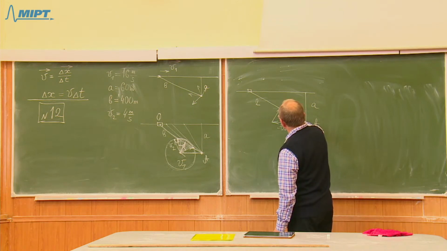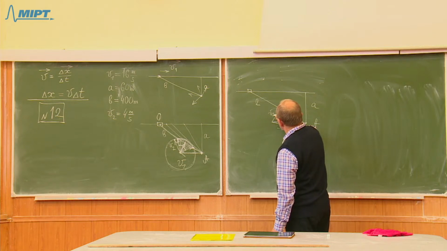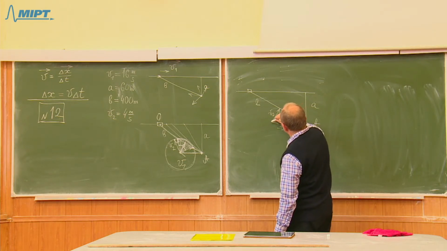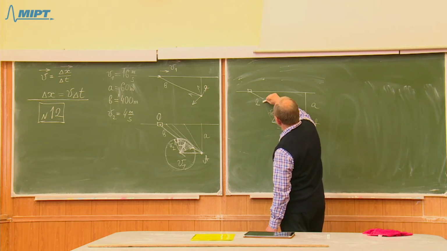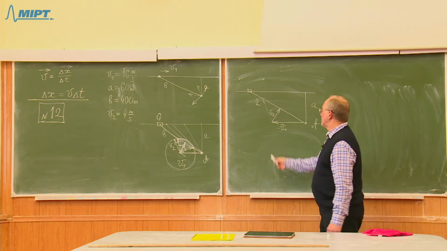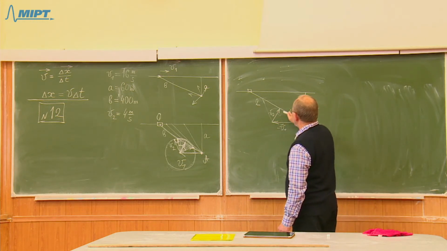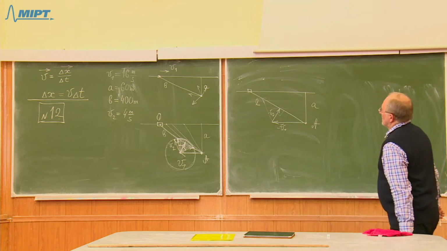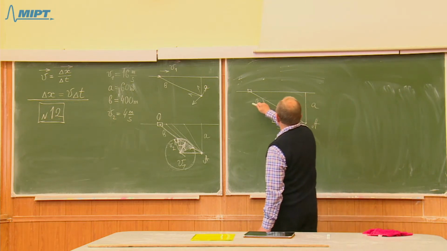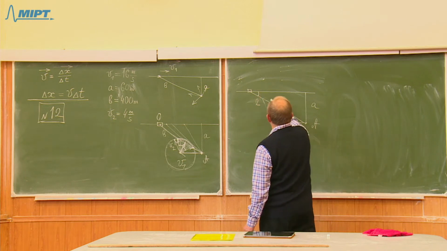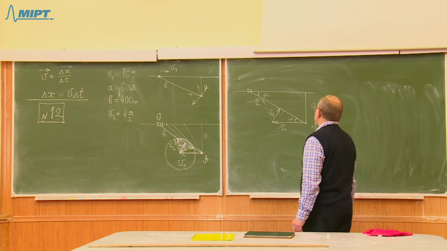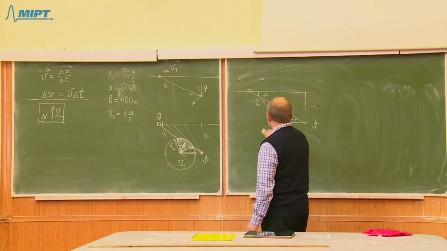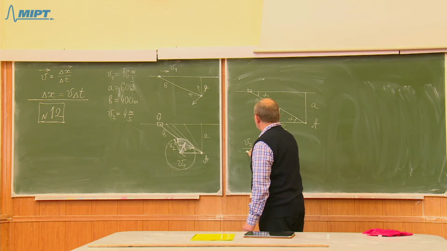run in this direction, and then his velocity v2 will be minimum possible. Because if he changes the direction, for example, if he chooses to run along this direction, the velocity will be much, much larger. And the perpendicular will give you the minimum possible velocity. So it's obvious that this angle alpha equals this angle alpha, and therefore we can write that v2 divided by